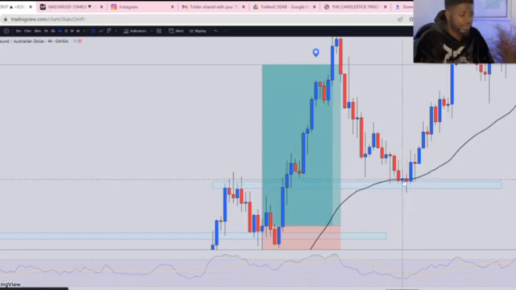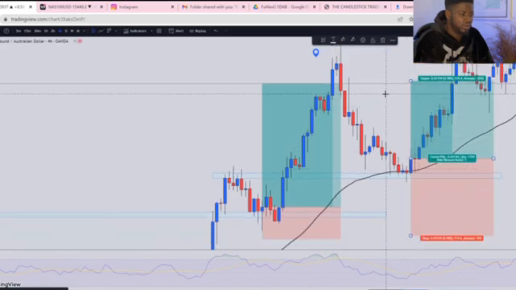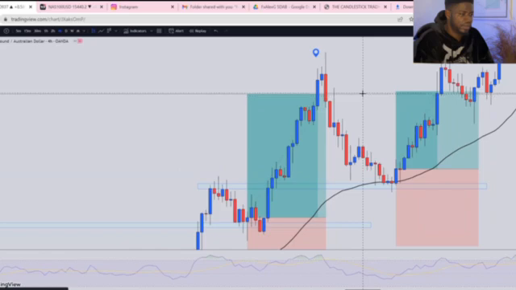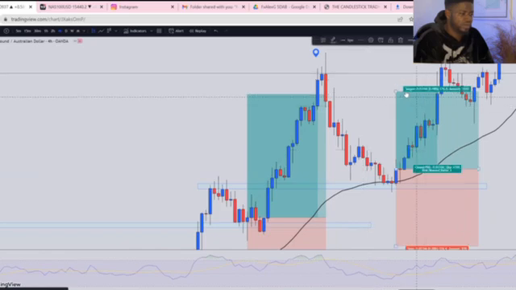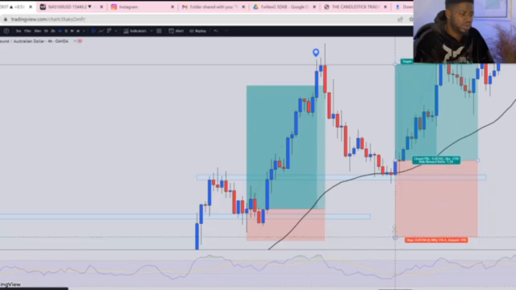If you remove this and add this here, this will be Morning Star. Then this one here is a Gravestone Doji. All you need to do is pull out your tool and mark this area, because this is happening at an area of resistance. Make sure your trade gives you 1:3,